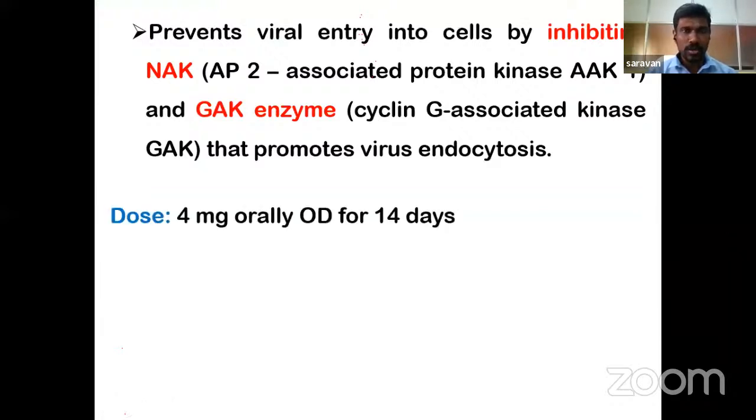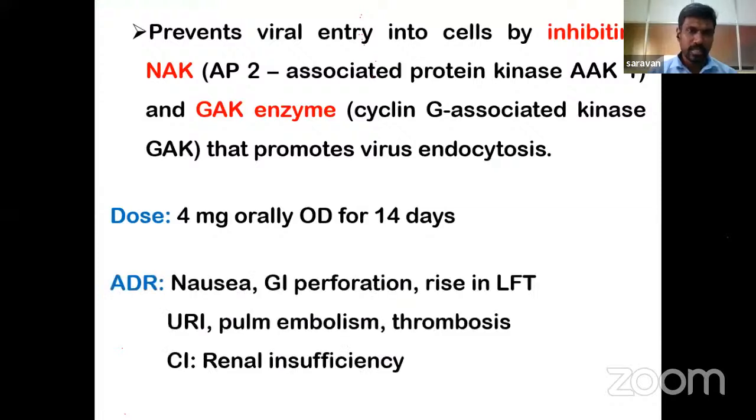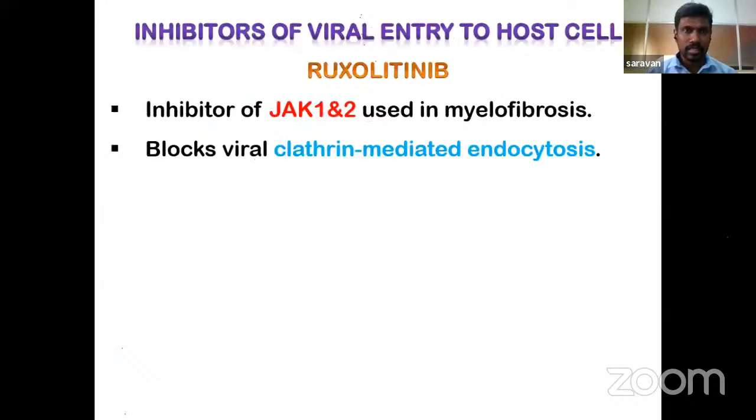So the dosage of Baricitinib is 4 mg orally once daily for a period of 14 days. Adverse effects include nausea, GI perforation, rise in LFT, upper respiratory infection, pulmonary embolism, and thrombosis, and it is contraindicated in renal insufficiency. The second drug which we are going to see is Ruxolitinib, which also inhibits the Janus kinase 1